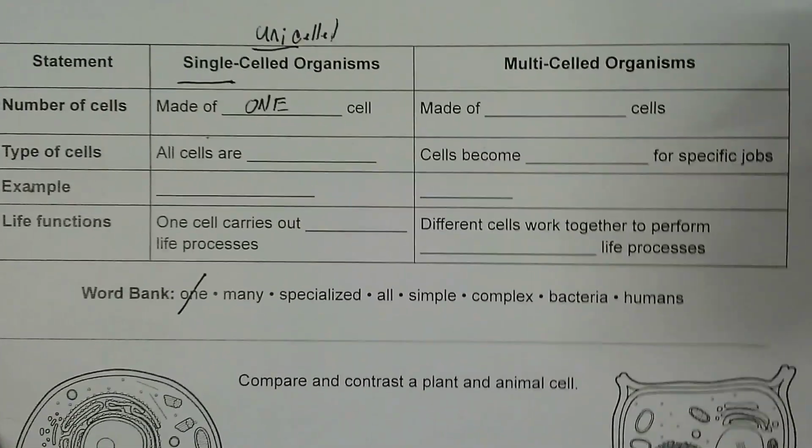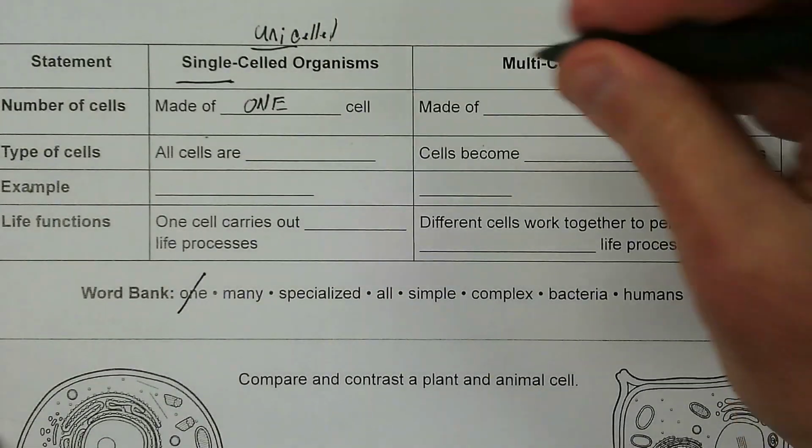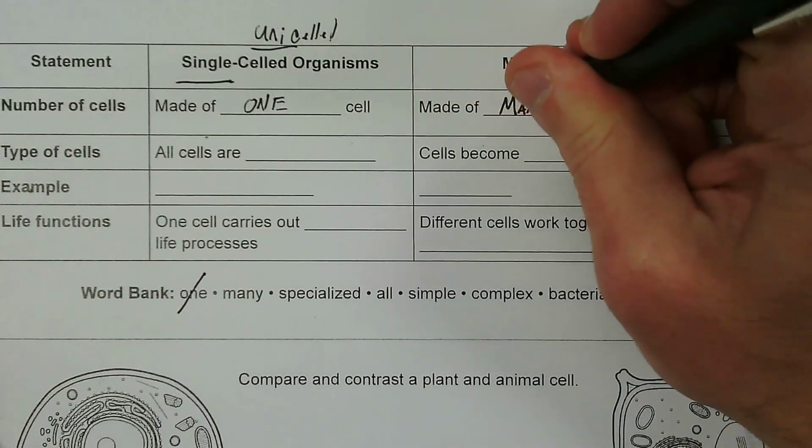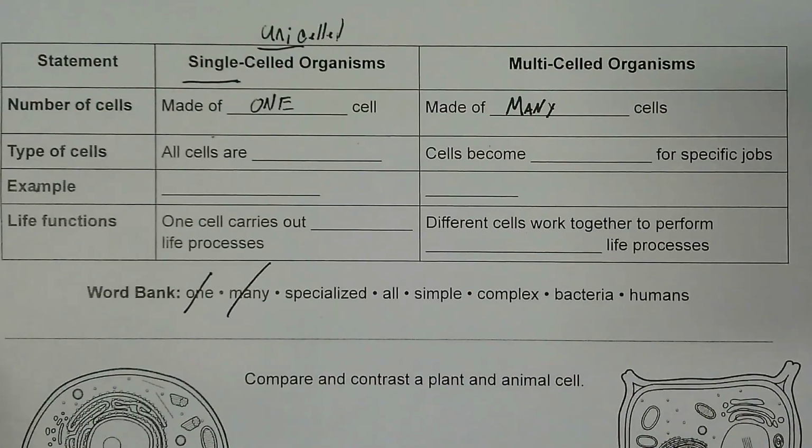Multicellular organisms are made of, yes, many, more than one, a lot. Typically in multicelled organisms. Types of cells are,